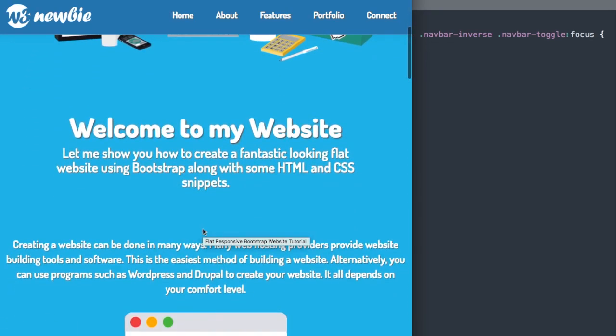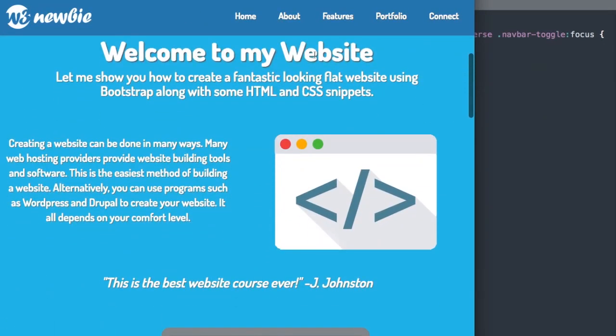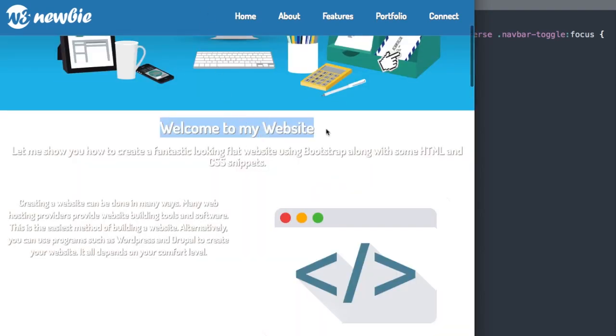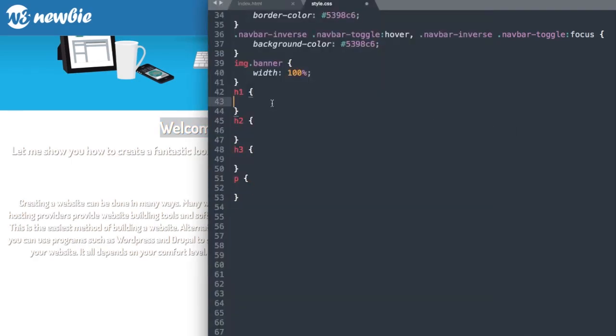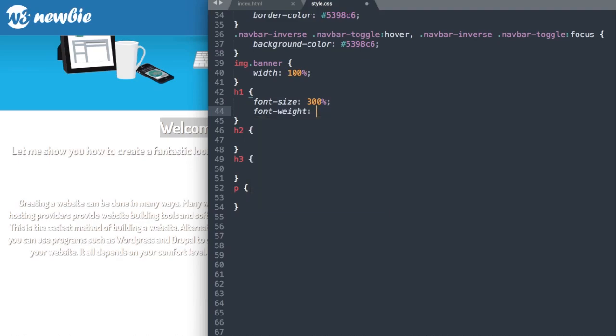Alright, so for our heading 1, we really only have one here on the website, and that's the welcome to my website text that we see here. Okay, so let's change the font size to 300%, which is about 3 times 16 pixels in Google Chrome. And then we'll give it a font weight of 800,